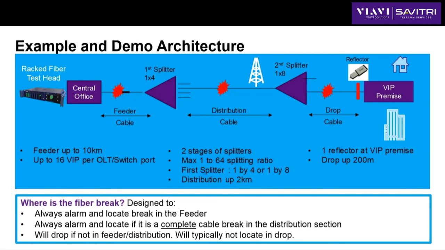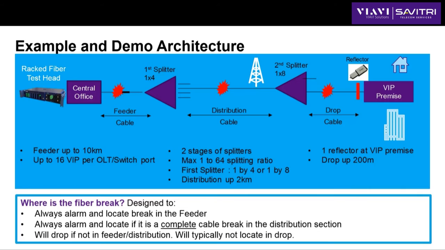So here's an example, and this represents the demo architecture that we'll be showing you today. We have a racked fiber test head on the left-hand side in our central office. Then we have the feeder cable. So that feeder cable, of course, is affecting everybody downstream. Then we have our first splitter with a 1x4 splitter, and we go into the distribution section of the network. And from this point on,